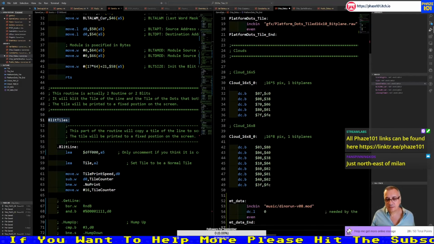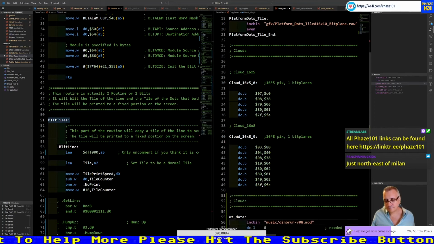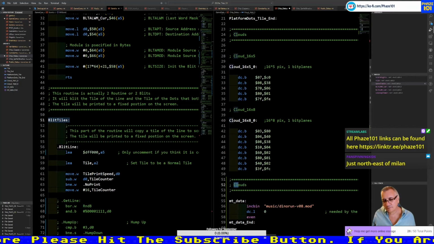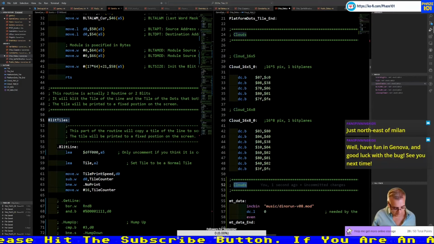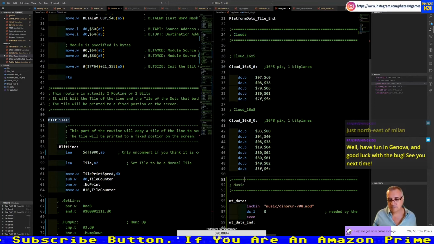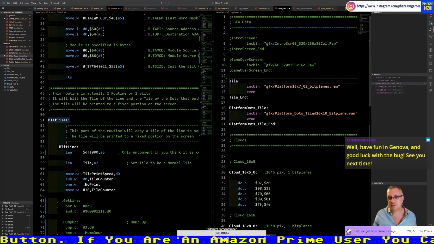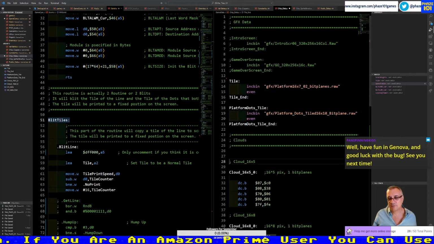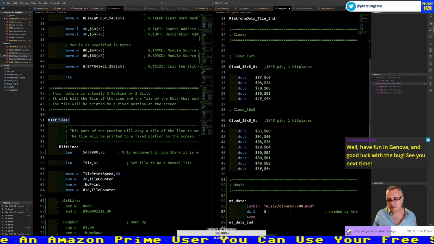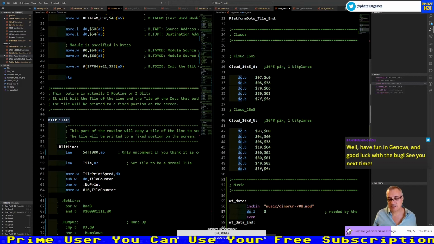Because there's a reason why I'm saying this. The play routine, I found that it has a bug, and I fixed it by adding this. But I'm wondering now if it's zeroizing other things.